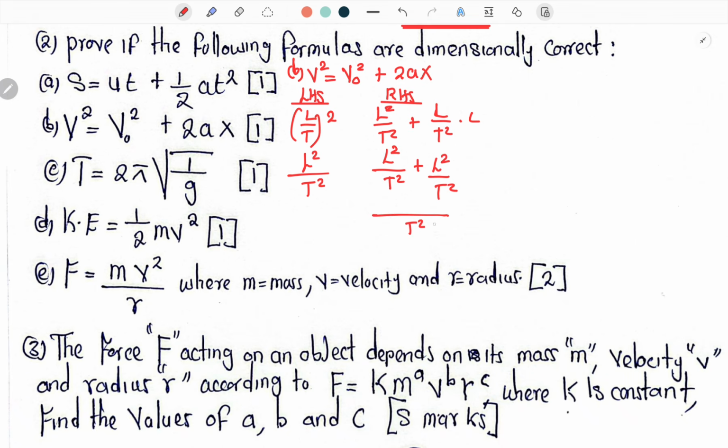Then we're going to factor out our 2, and then L to the power 2 over t to the power 2. Now, basically, what we're just going to have is L to the power 2 over t to the power 2 is equal to 2, then open bracket, L to the power 2 over t to the power 2. Now, notice that this particular end and the other end are the same, except we just have a 2 factored outside. So we say that this formula